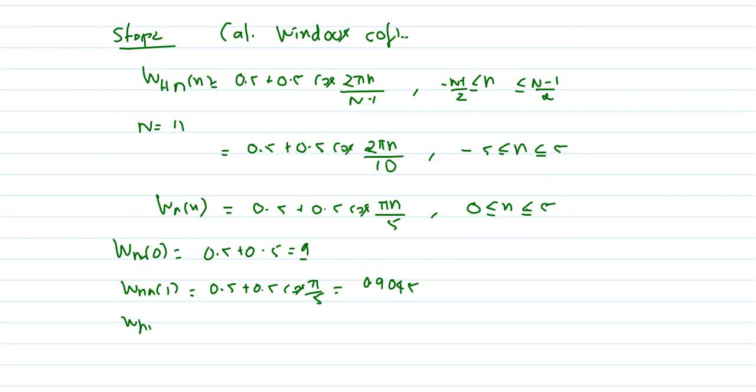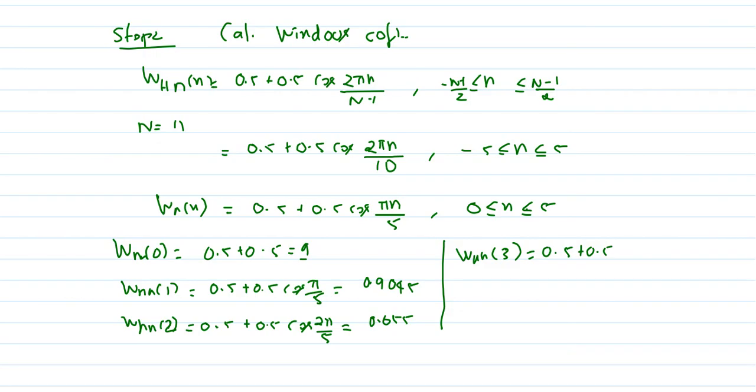Similarly, WHN of 2 is equal to 0.5 plus 0.5 cos 2 pi by 5, it comes to 0.655. Then we have WHN of 3 is equal to 0.5 plus 0.5 cos 3 pi by 5, it comes around